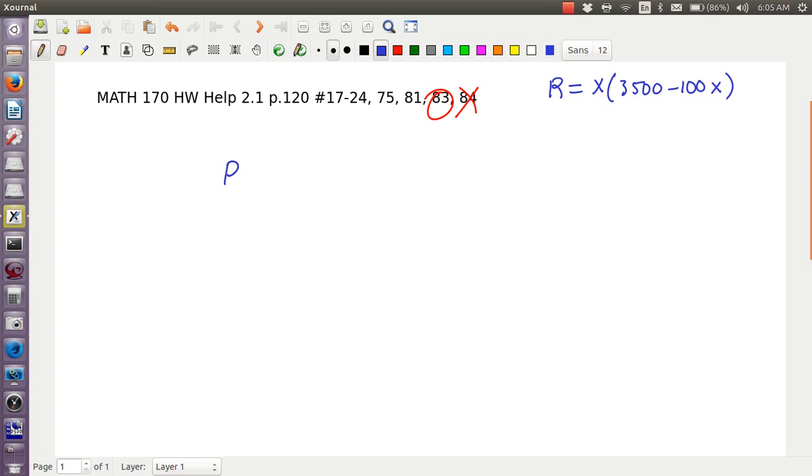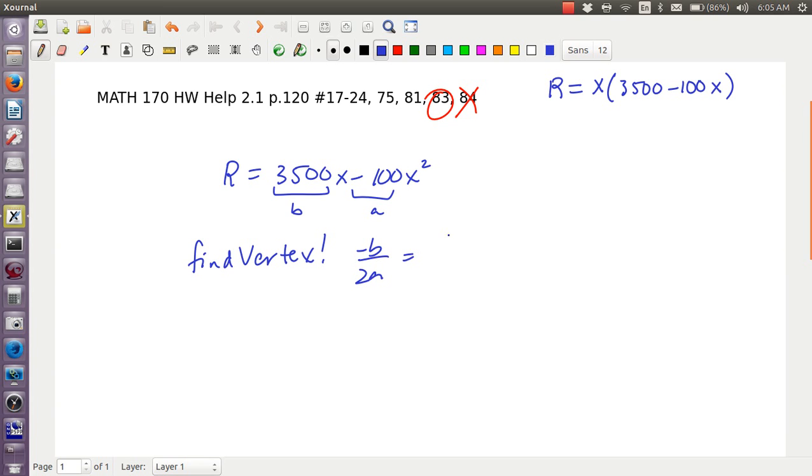Okay, so revenue is equal to 3,500x minus 100x squared plus 0. This is the A value, and this is the B value, we need to find the vertex. So minus B over 2A